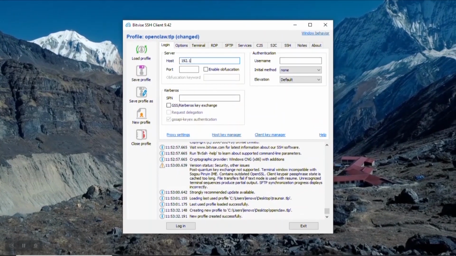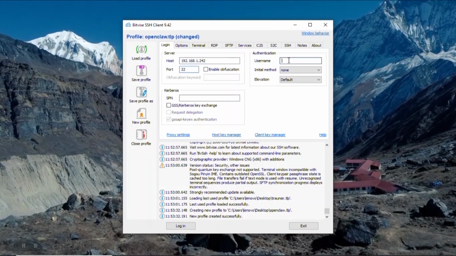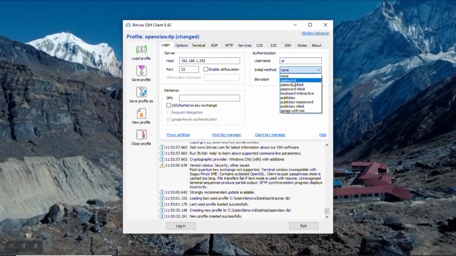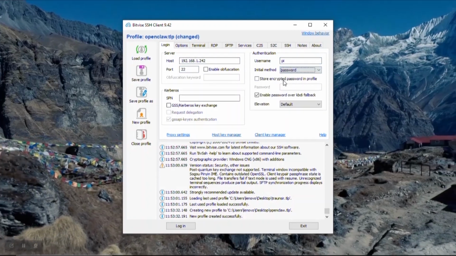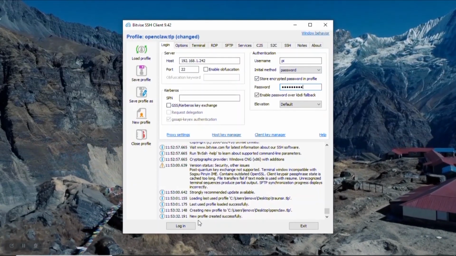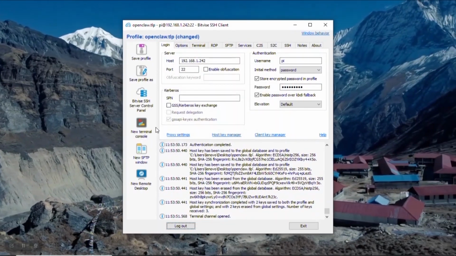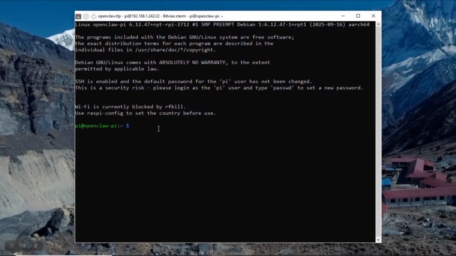We will open our Bitwise SSH client. Then we will just simply write our IP address, port number, username we set on the Raspberry Pi Imager, and password, raspberry. Now we will just log in. It will ask accept,